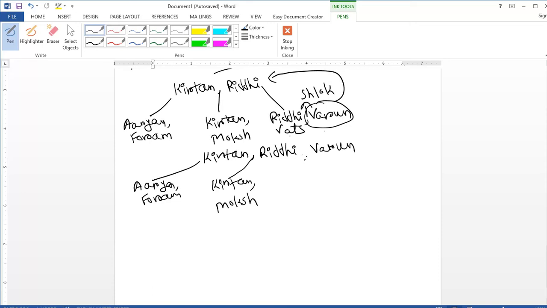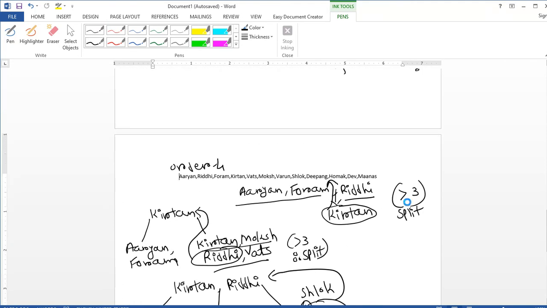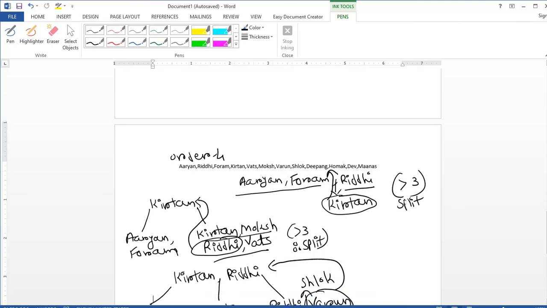Okay, here we'll have, sorry, Riddhi and Shlok on the right side. Varun, Vats.